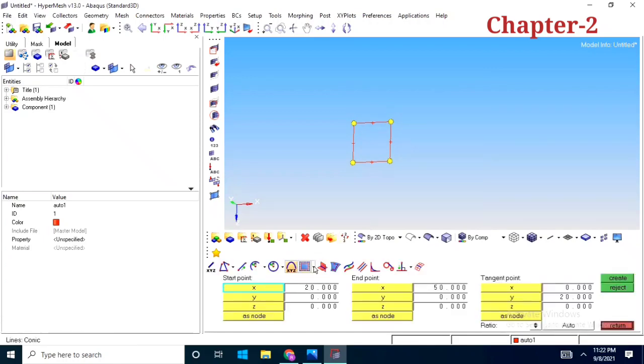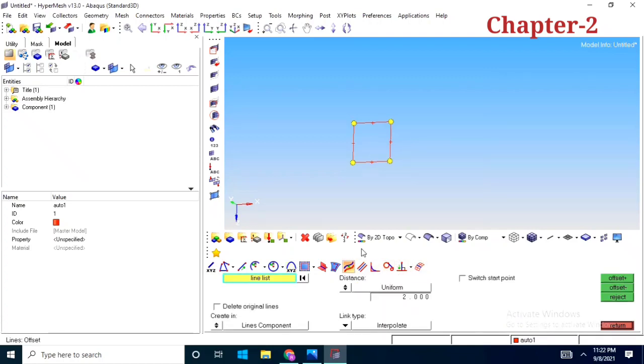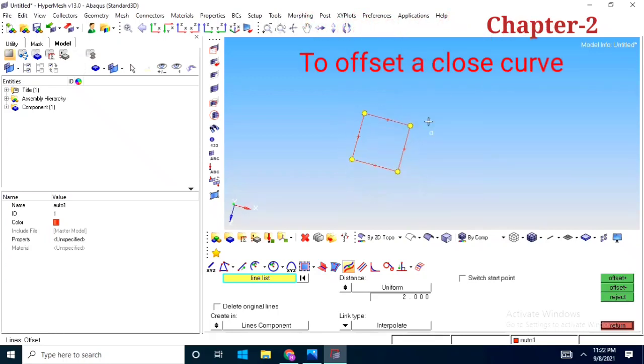So next option is extract edge. When a surface is there, then this option is useful. Okay, the other options are not useful. So this one is offset, we can also use, but offset when a circular or loop shape will be there, then we can use that one. Or suppose we'll